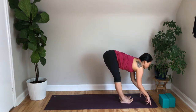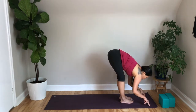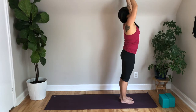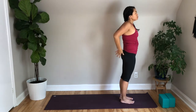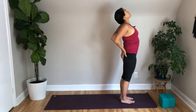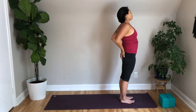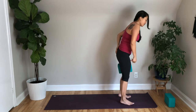Halfway lift to stretch your chest. Bow, exhale. Inhale, rise, come all the way up to the top. Now your hands will come onto your low back, fingertips pointing down. Firm up through your thighs, lift your chest up and back. Standing back bend. Now you could do this with the block between your legs too if you want to try